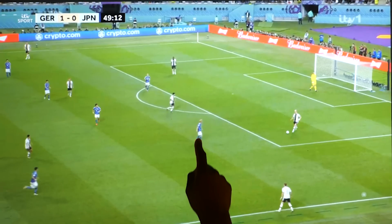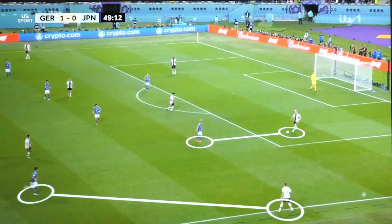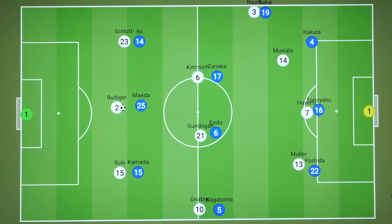And this shape continues, again wide forward picking up the wide centre-back, and the wing-back can push up onto Germany's full-back, whilst they go pivot to pivot as well. It should be noted though that in being braver, Japan were also much more vulnerable on the transition, as where